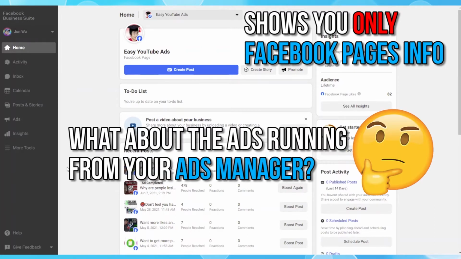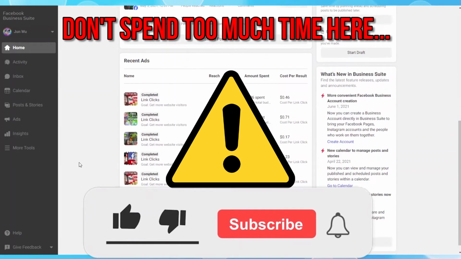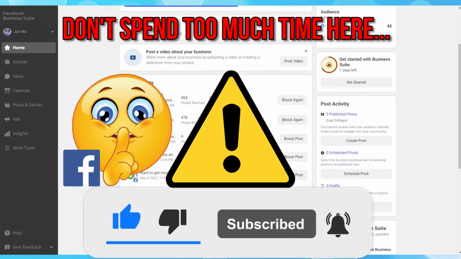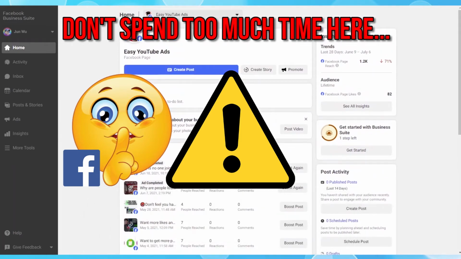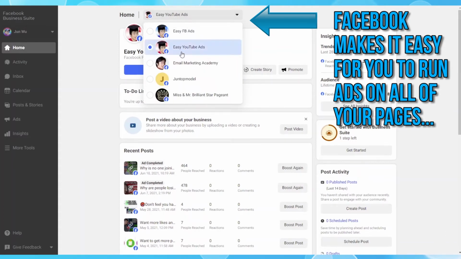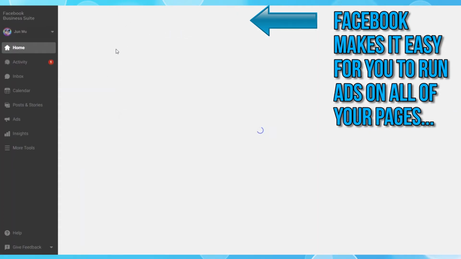But what about the ads that are running from your Ads Manager? Nope, it won't be shown here. This is the reason why you do not want to spend too much time here. This is just a sneaky way for Facebook to remind you to run ads on your Facebook pages. As you can see, you can click on the top and easily select different pages that you own and run